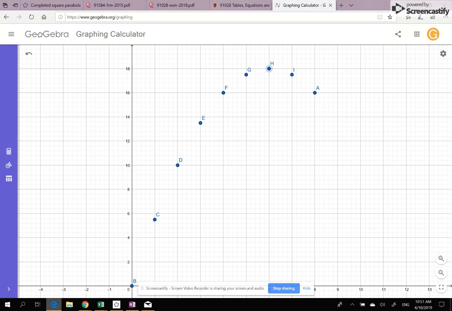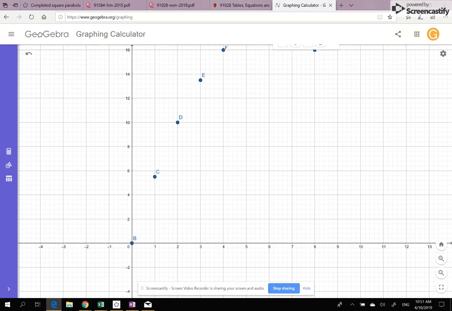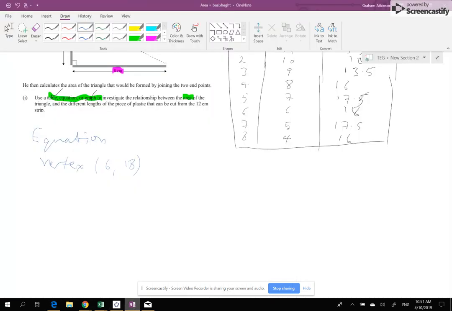And I've got to find another coordinate, so I'm going to use 2, 10, but I could use any other coordinate. And that's going to help me to find the stretch value. So my equation is y equals a(x minus 6) squared